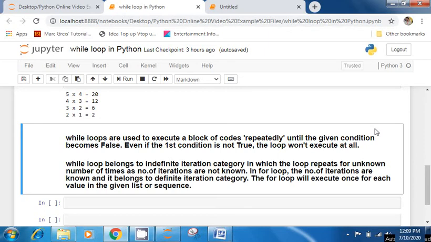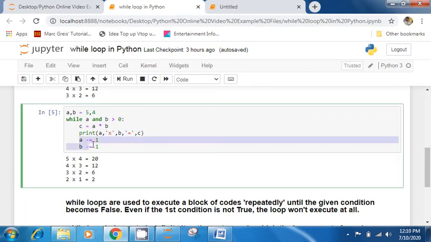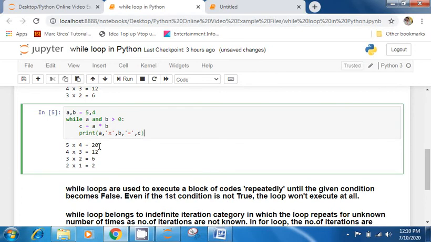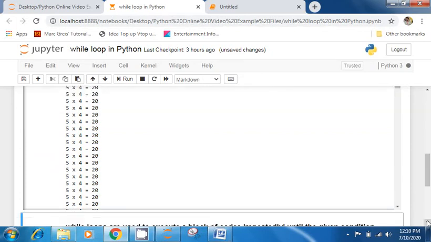And to give that ending condition, suppose in this program we are writing these 2 lines. What are these 2 lines doing? Suppose I am not writing these 2 lines, what will happen now? Okay, now what is happening, 5 into 4 equal to 20 is printed. It doesn't have any decrement or increment value, but it will print this up to infinity because there is no ending condition, no deadline we are giving to the while loop. So the while loop doesn't know when to stop iterating.